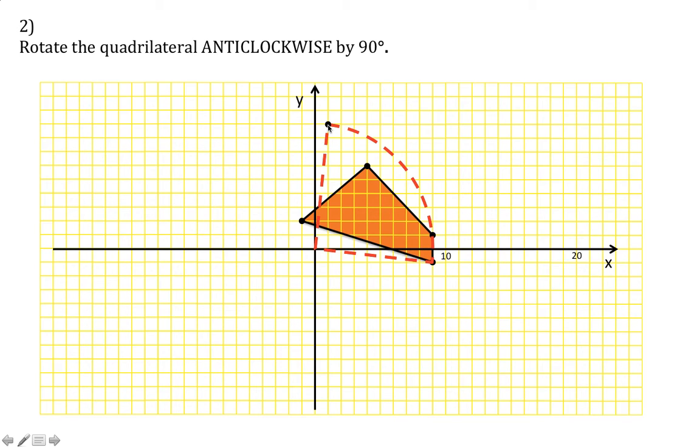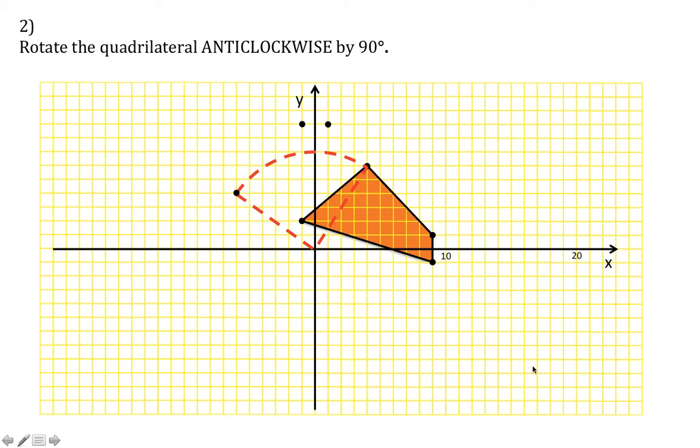Same thing with the other points. So this point here, I put my sharp compass point on the center and then with the pencil move round until I've gone through 90 degrees measured at the center here, and then my point goes from here to here. Same thing with the next point, so sharp compass point at the center, and then the pencil from the original point, moving around here until I've gone through 90 degrees measured at the center here,